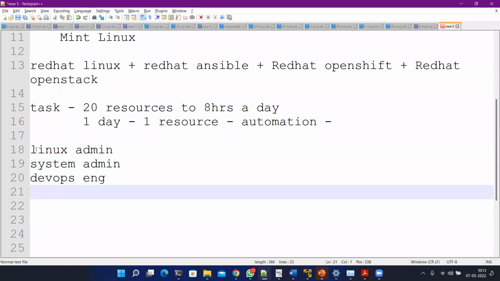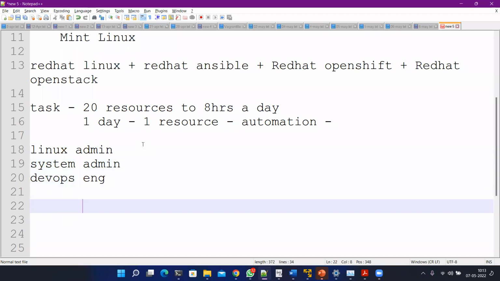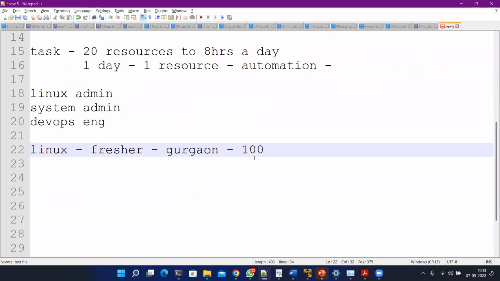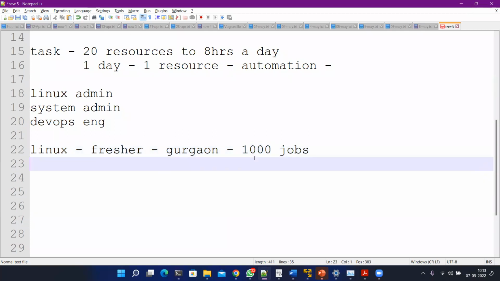So when you start looking for these jobs, basically you are going to type Linux in a search engine like Naukri, Monster. You will just type the Linux keyword and fresher or zero experience, and you will select the state, city, let's say Delhi NCR or maybe Gurgaon, for example. You will see at least 1,000 jobs are available. Out of those 1,000 jobs, as per my analysis, 200 to 300 jobs will say RHCSA mandatory.